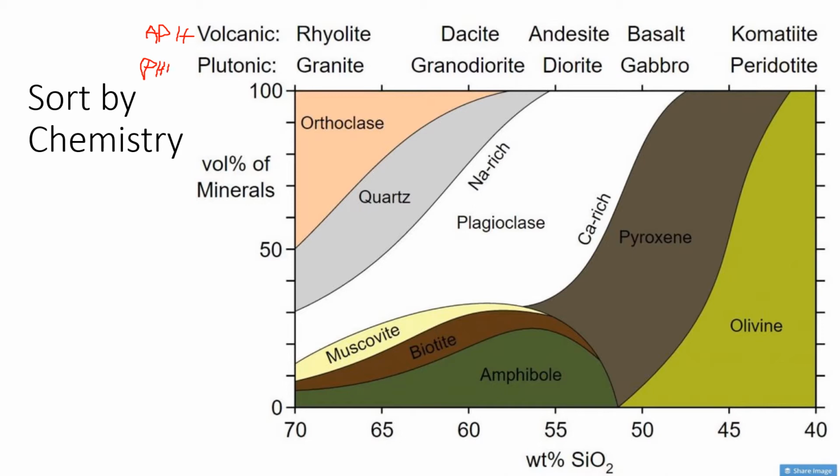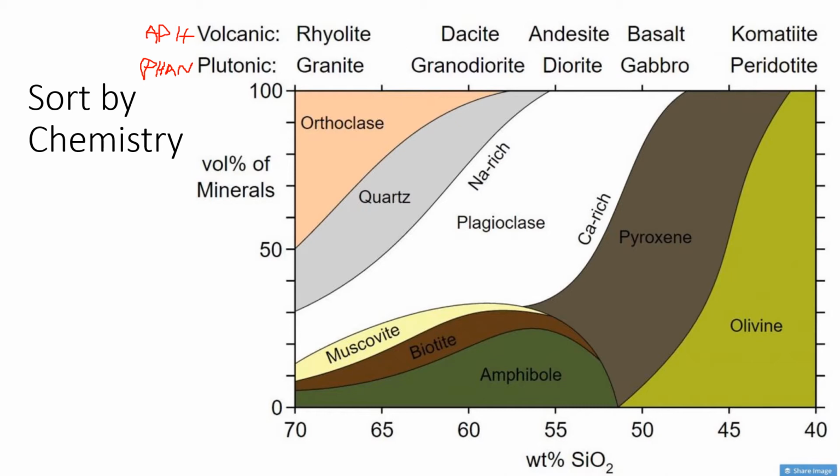So any chemistry, pick any spot on here, and it can have either a phaneritic version or an aphanitic version. Okay, so we'll talk about those different chemistries. And I'll give you an example in a minute, but basically you look for it. Now these percentages, by the way, are guidelines. They're not,